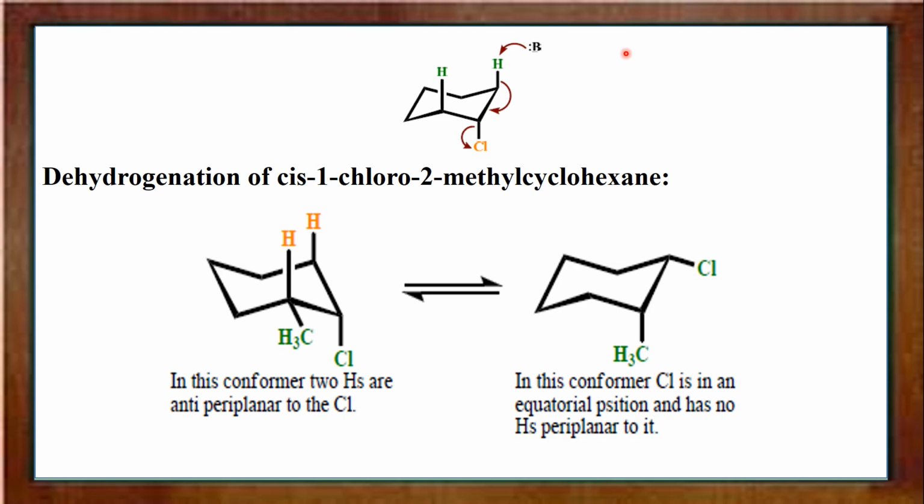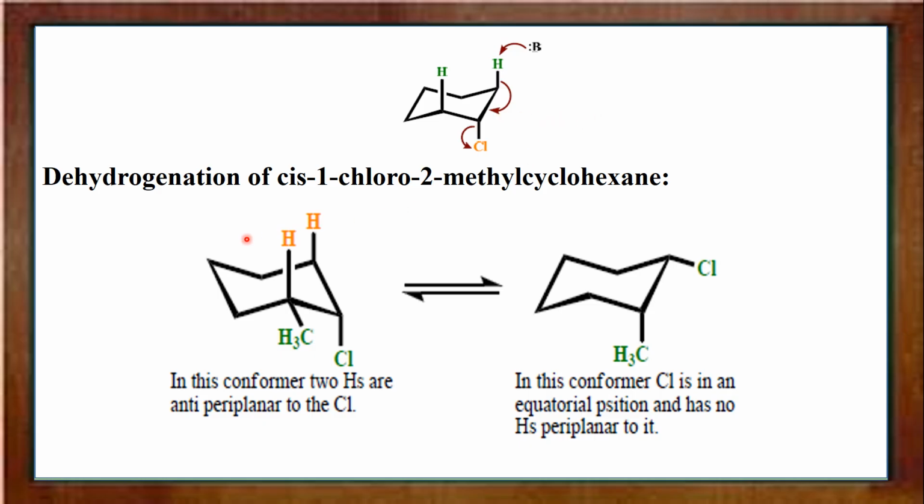So when we add a base, the base abstracts the beta hydrogen. The bonded electrons move here, pushing this chloride out. So in chlorocyclohexane, the less stable conformer where chlorine is oriented in the axial direction, E2 elimination takes place with